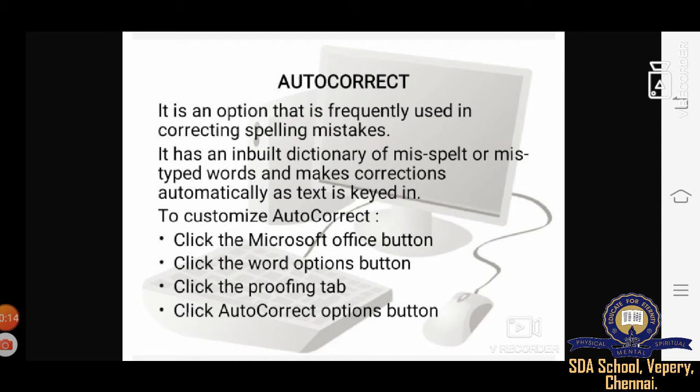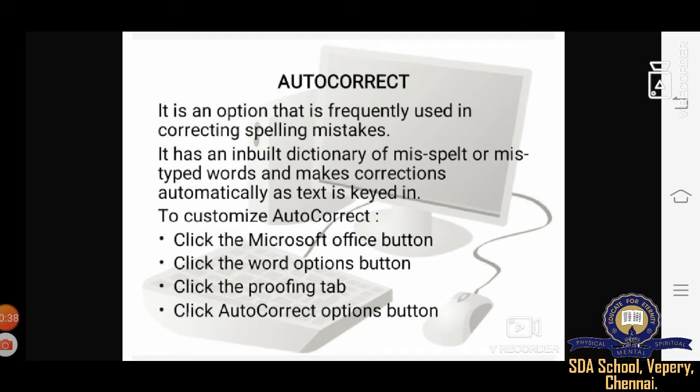It has an inbuilt dictionary of misspelled or mistyped words and makes corrections automatically as text is keyed in.